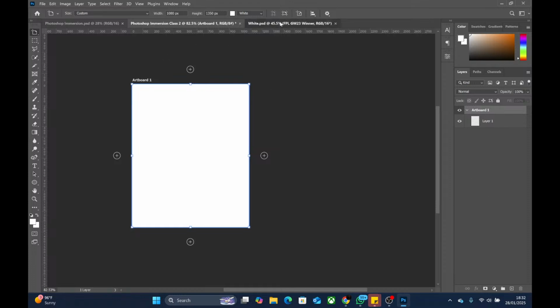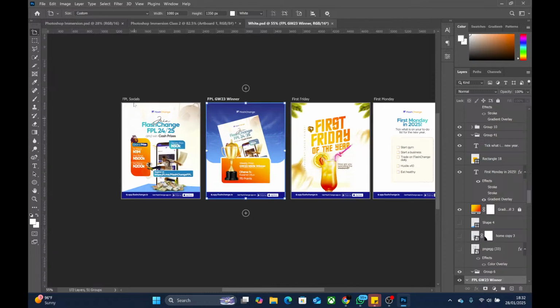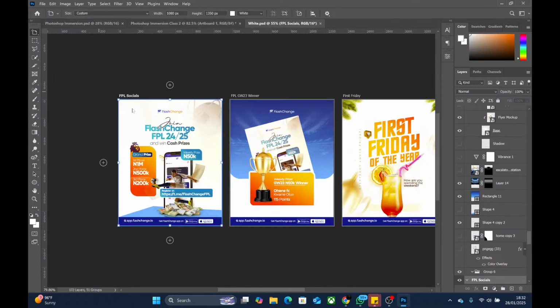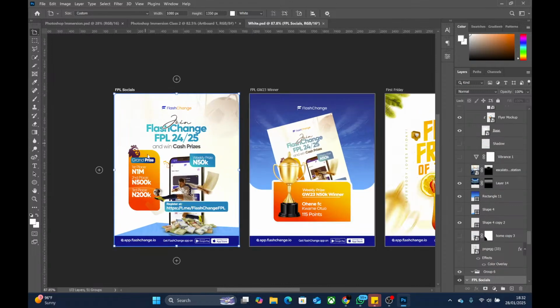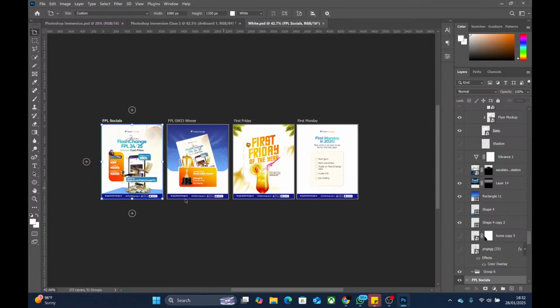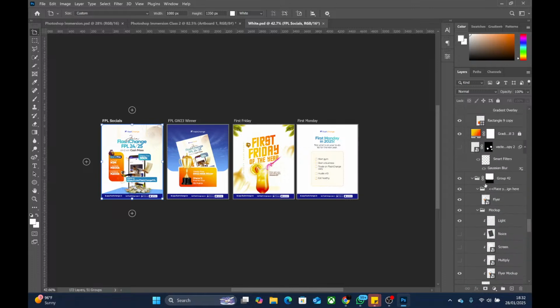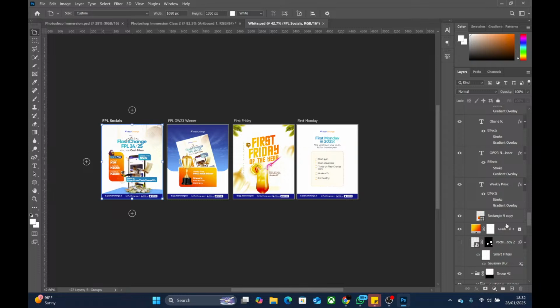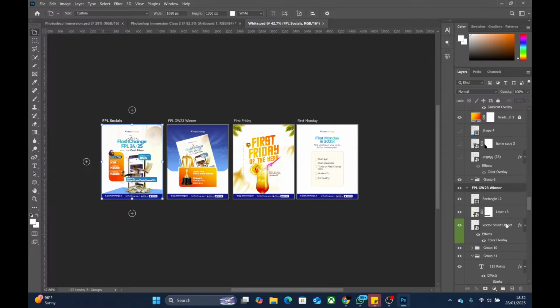An example of that is in this design I was showing you. Look at this socials design. It has 172 layers, not just this design, everything on this page, because there are 4 artboards here. If you follow my mouse, you can see down here, 172 layers, 51 groups. So if you scroll up and down on the layers panel, you will see all of them here, right?